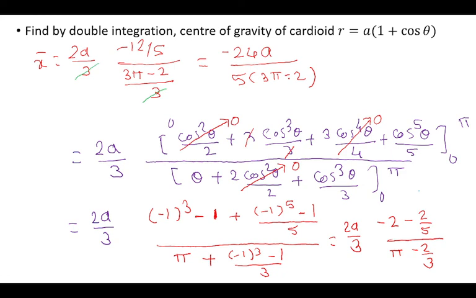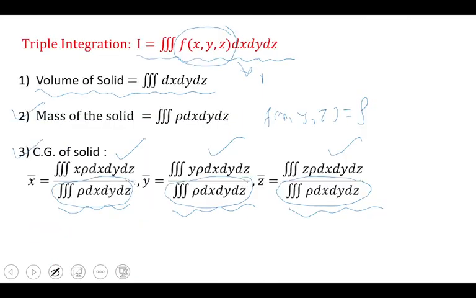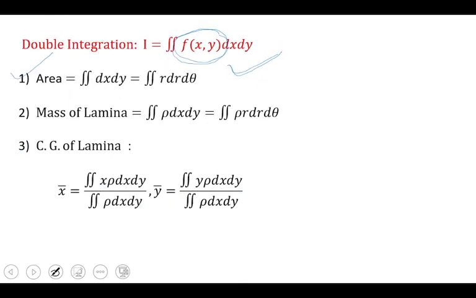Probably there may be a silly mistake in the calculation. I will check, because I think this is not the answer. I will check it. If a different answer is there, I will share the solution. But the important thing you should focus on right now is the method only. The method is only the formula. Let me show you those formulas again. So these formulas are important. So here we use these formulas, this formula of x bar and y bar.